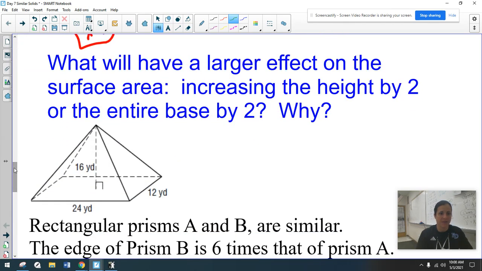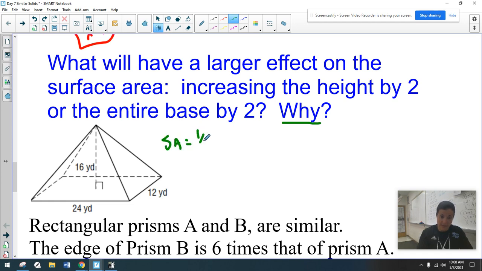Okay, the next one. It's another one, but this one actually makes you think outside the box. So what will have a larger effect, whether you increase the height by 2 or the entire base by 2? The why is going to be the part where even when you throw numbers in, you still have to understand it. So if I'm talking surface area,